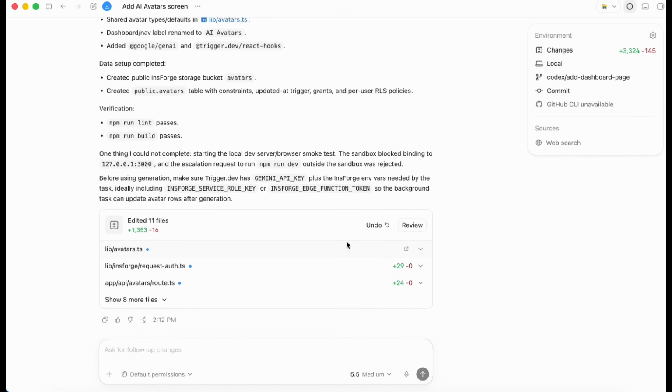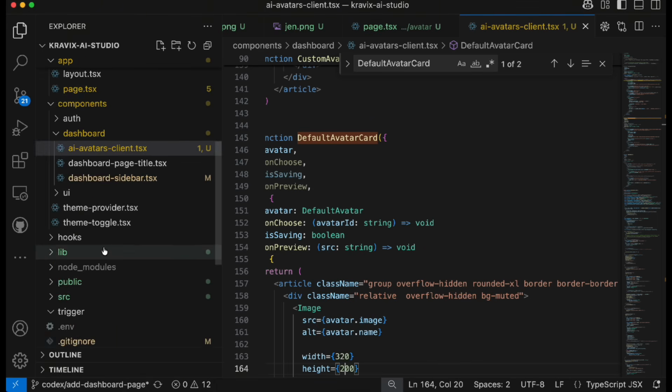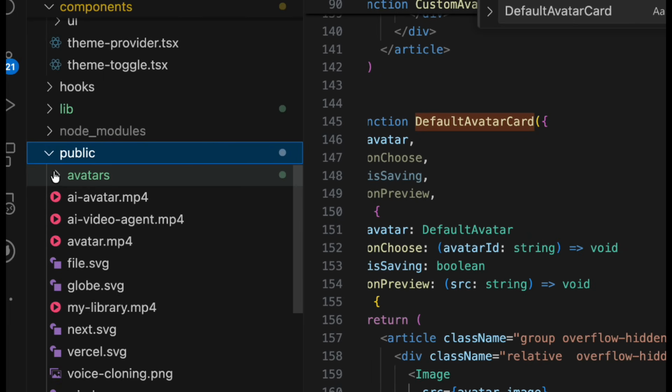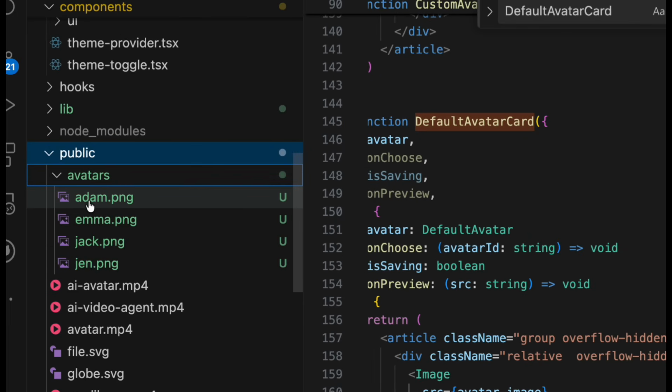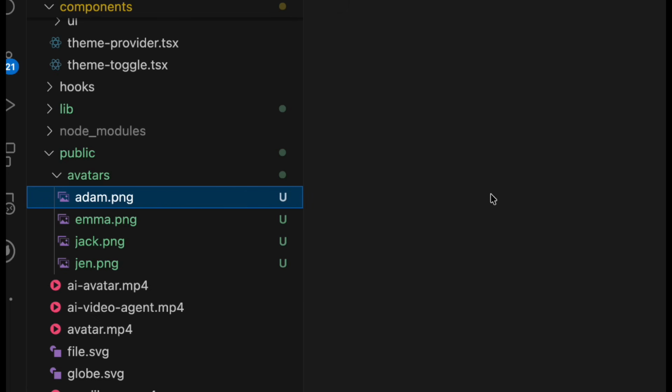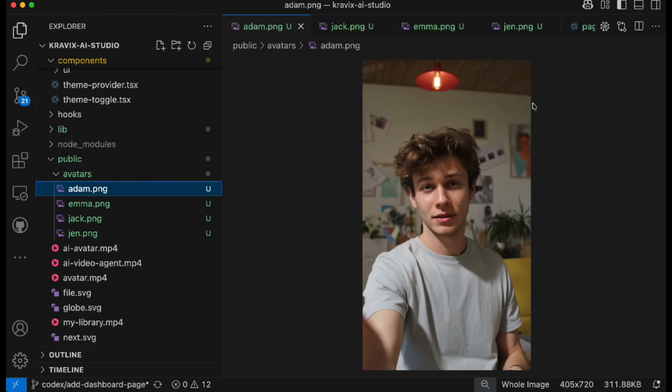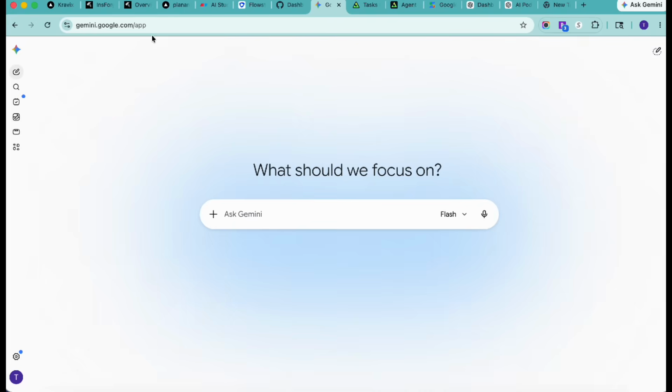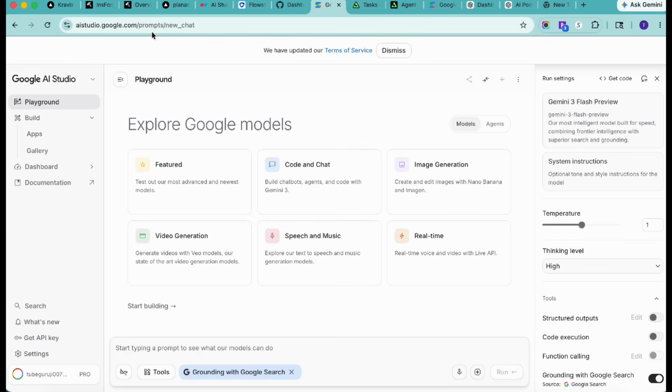Once it is implemented successfully, we have to make sure we add a Gemini API key, as well as inside our project under the public folder, don't forget to add the author folder from the assets, because inside the author folder we have some default authors which we are going to add. So users have the option to select those default authors for their video, okay, but if a user wants to create their own, they can create. Now in order to generate the Google Gemini API key for free, you can simply